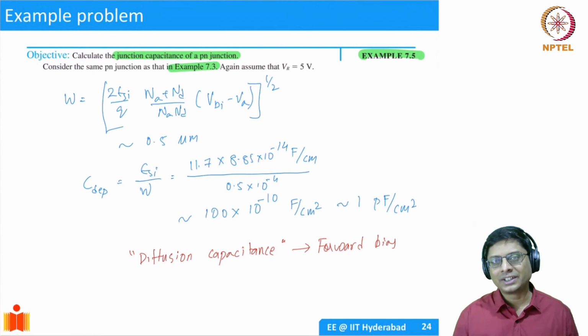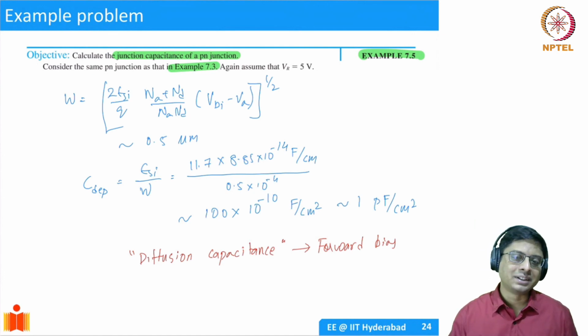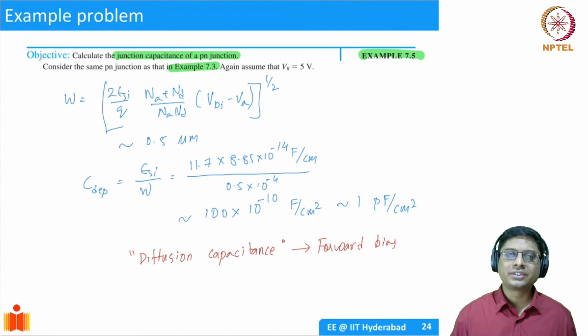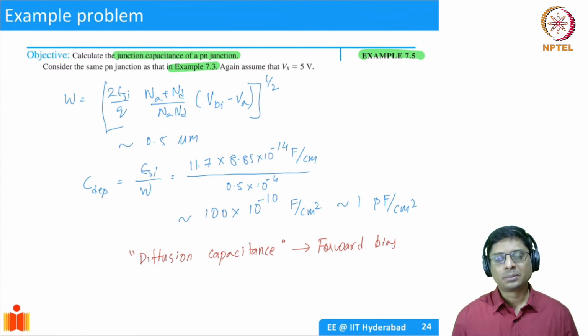It is related to the minority carrier recombination time, and it's a little bit involved for us right now. It turns out that the depletion capacitance is much more widely applicable. There is a reason for that. When we come to MOSFETs, we'll talk about it. So we will not really be talking about diffusion capacitance in this course, other than to say that it exists. But in a lot of cases, you will have the PN junctions in depletion mode in a MOSFET. That's why we'll focus on that. That is going to be much more significant for us.